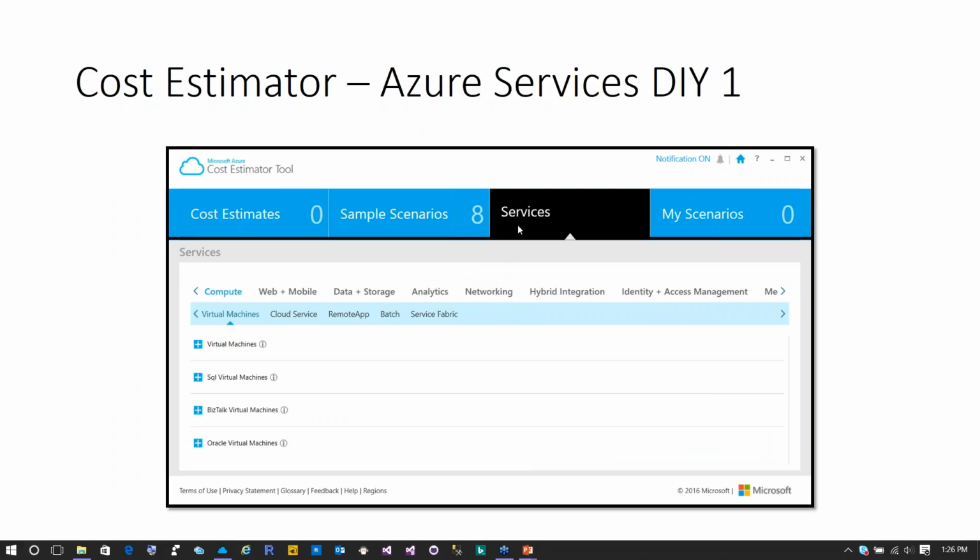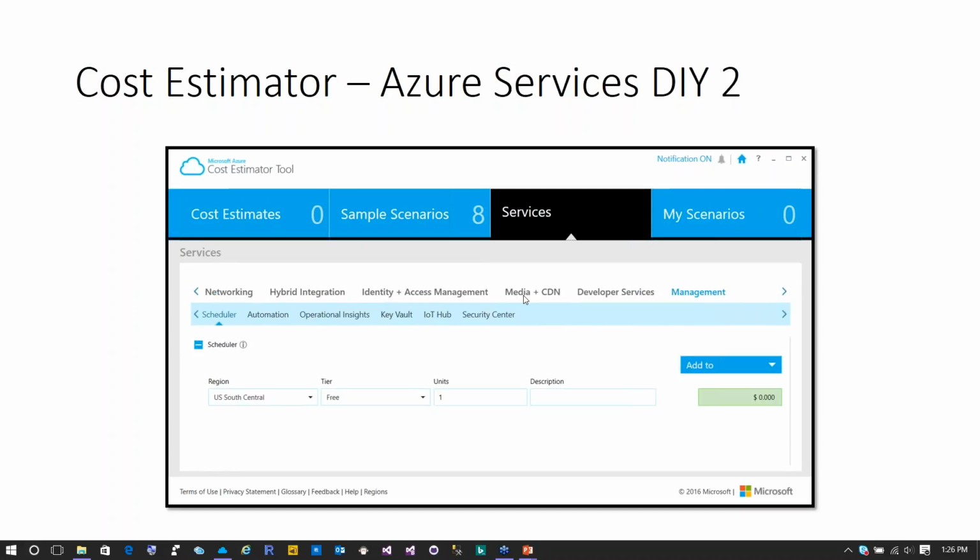So inside the services now, this is where we get to the bulk of everything that we want to create here. At the top here, I think we've got 2 pages. We've got here the compute, the web, the data, analytics, the networks, the hybrid integration, the identity and access, the virtual machines, all, cloud services, all of these things that we can configure just like you do on the web tool, but this one is offline, so that you can work with us offline.